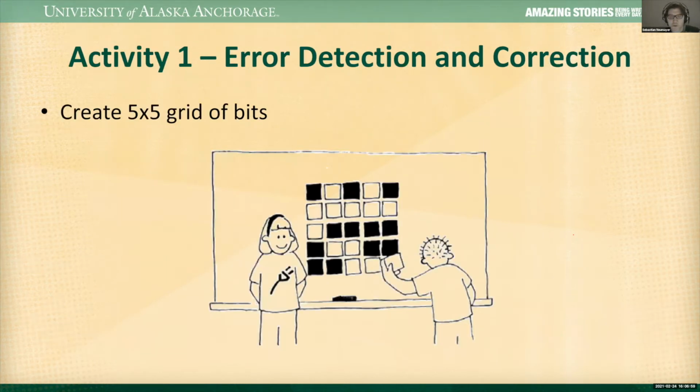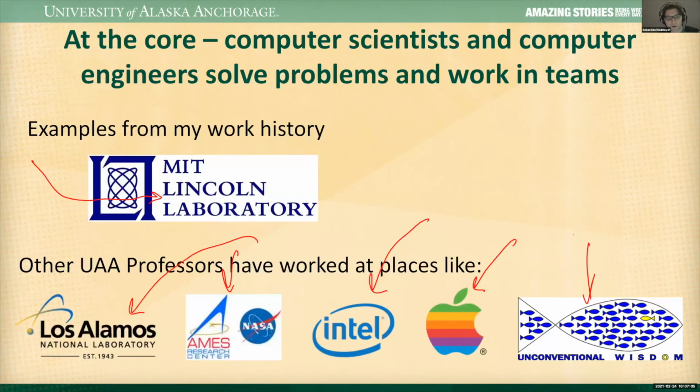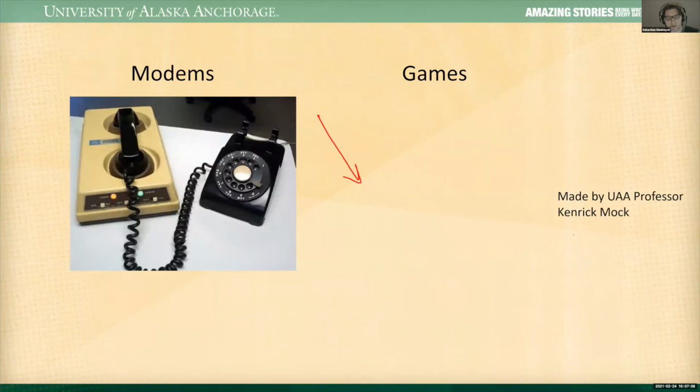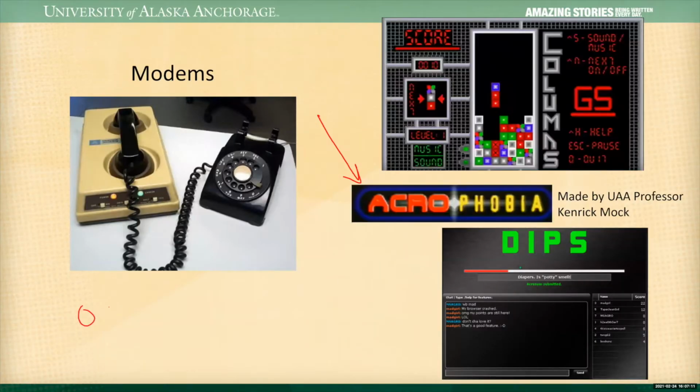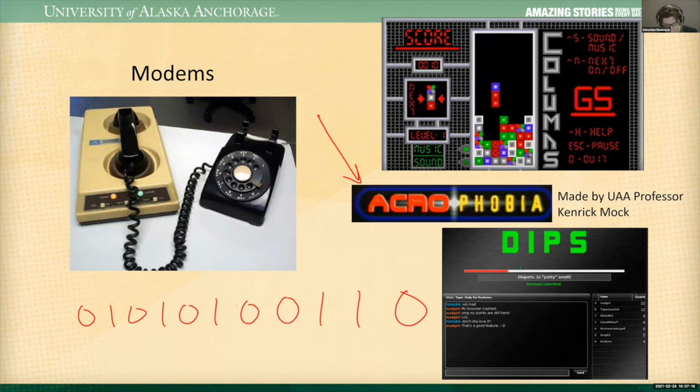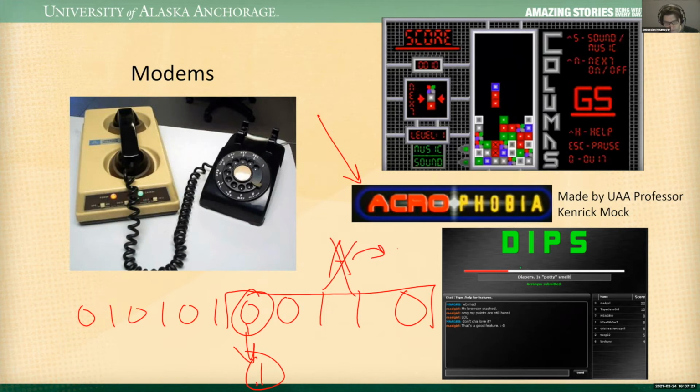Okay, so I first want to talk about error detection and correction. Going back, I told you that there are these modems that transmit these ones and zeros, but these modems aren't perfect. Sometimes there's a bit flip, so the 0 might get flipped to a 1. If this represented A, and that bit flips, maybe that A is no longer represented. Maybe it now represents a Z. And that's not what we originally intended to be sent to the receiver. So how do we detect and correct these errors? This is a fundamental communication problem.